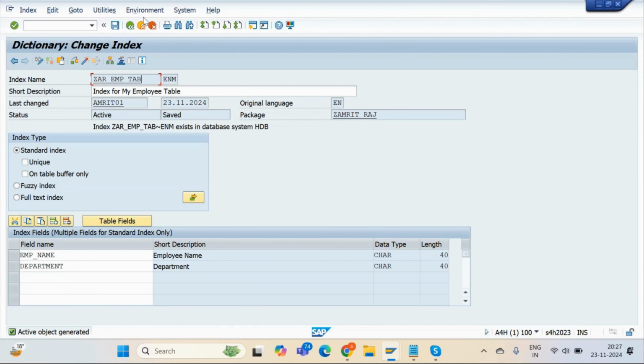I'm just not really sure what the index does. For example, when you add those two fields, employee name and department, what's the benefit, or why are we doing this really? See this message: multiple fields for standard index only. If you want to apply indexes over multiple fields, your index will be created for these multiple fields. And whenever you find the data based on this one or this one,